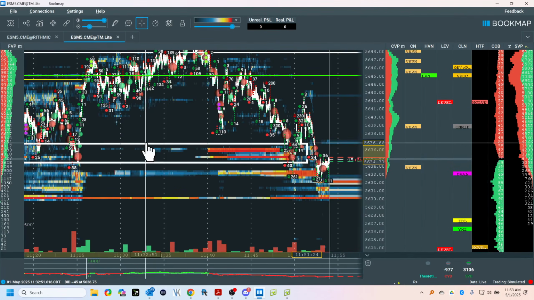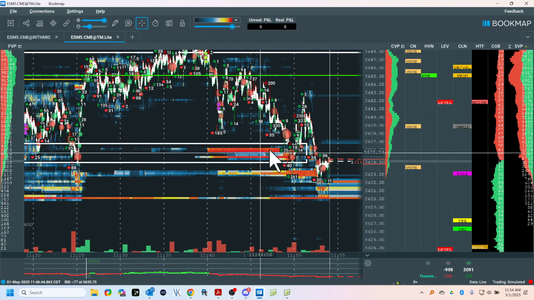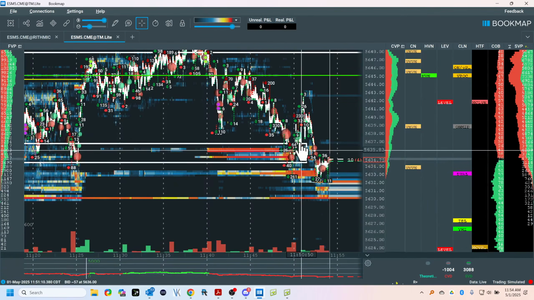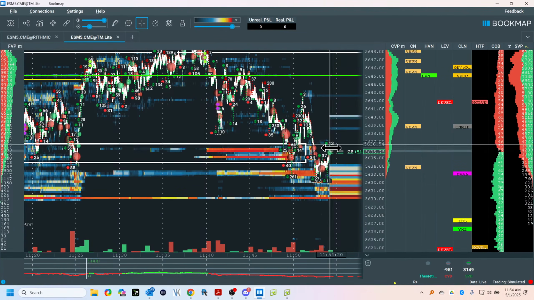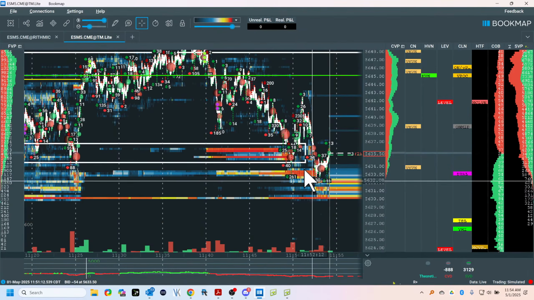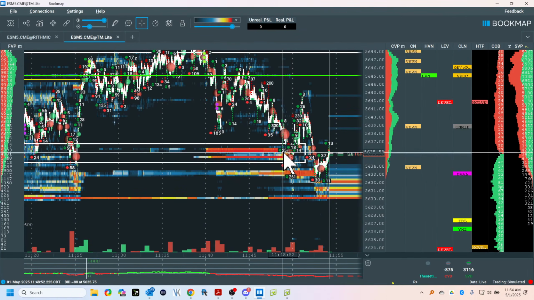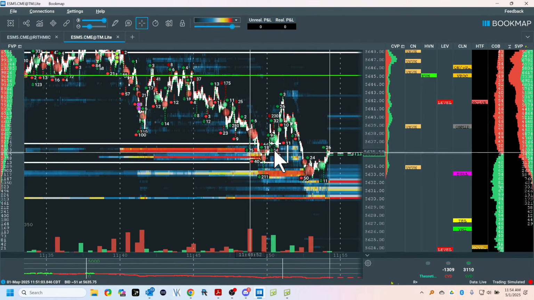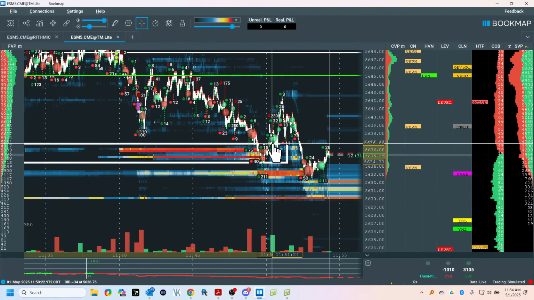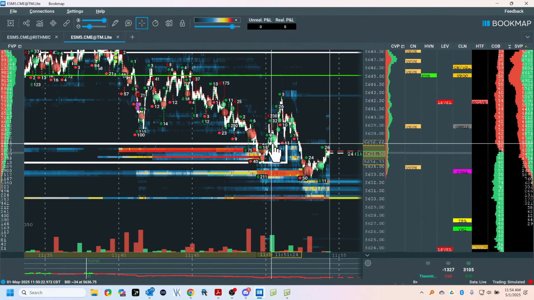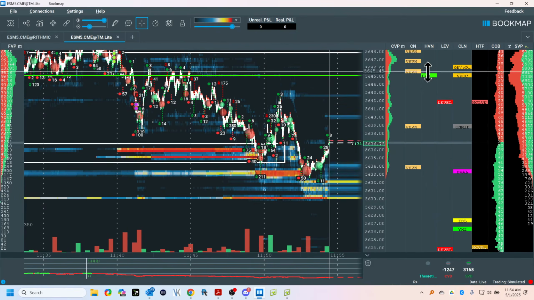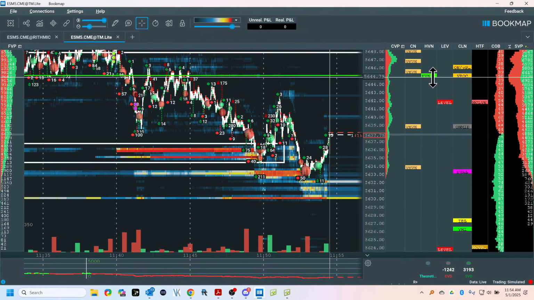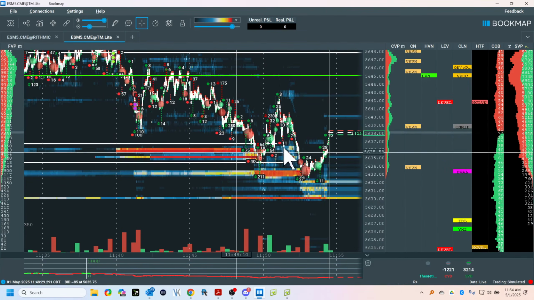Not a recommendation. What do I know? This, and if I stay below this, and I can test this, then I can go lower. Let's see what it does. And this is not a trade recommendation. Everything is maybe. Maybe this is too high. Maybe it's not. Maybe our buyers are back in here again, and we're going to revert back to the mean. Maybe that's what's going to happen here. You see, I'm above this.